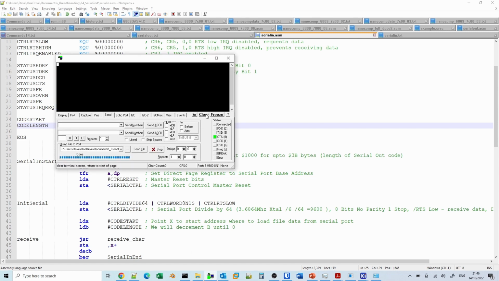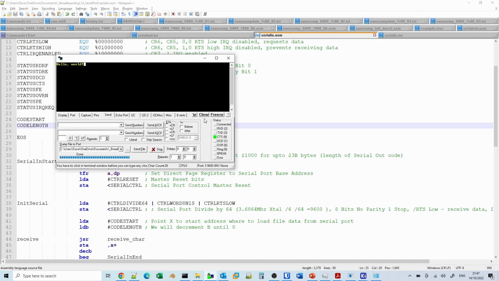If we clear the screen, and I'm just going to go into here and say go 1000, and we got hello world. So what this has proven is that we've been able to download the send program from the PC to the memory of the Nanocomp, and then we've been able to run it. The only issue we had is that the terminator, the 0, wasn't there.